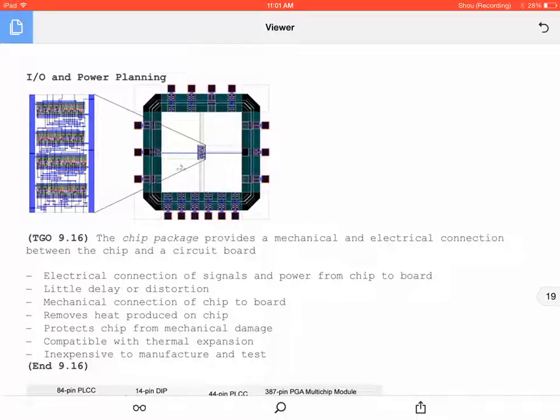So that's where your I/O signals and your control signals come in, and then you have to regulate everything with your supply voltage, and we're going to talk about power pads and pad rings here in a second. So is this all making sense? All right, so